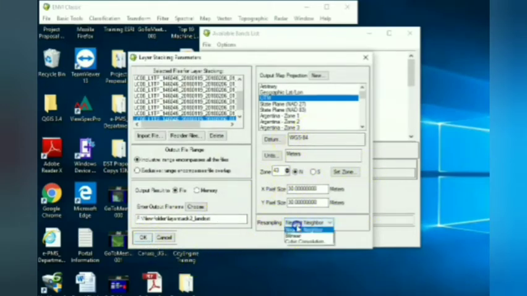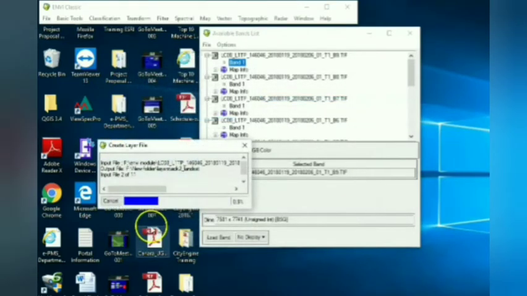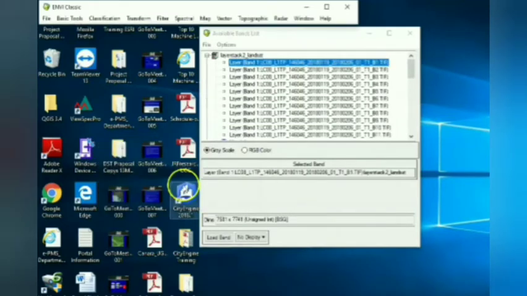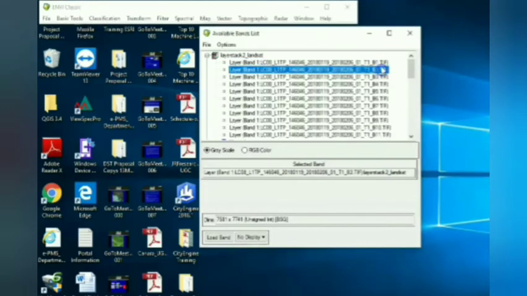The rest of the settings we keep as they are. OK. Now this will take them one by one and form a stack of all the 11 bands. Layer stacking operation is complete. Now we can use these images for the next processing.